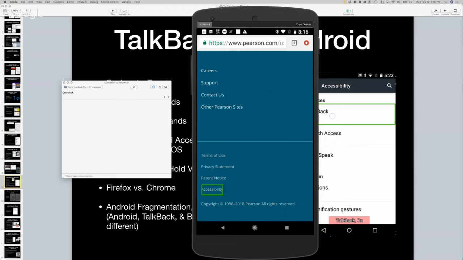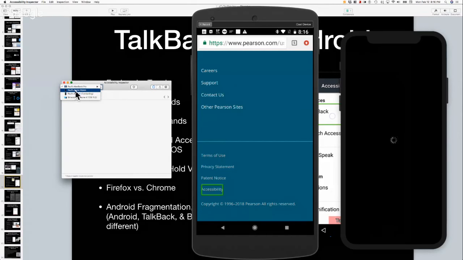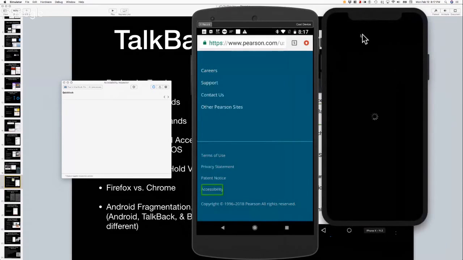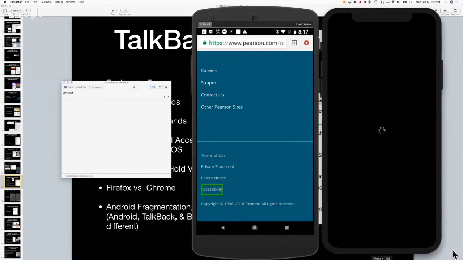And the accessibility inspector, you have to have Xcode on your Mac, but it also will do contrast testing too, with the color contrast. So it's kind of nice. And you can test, if you plug in your iPhone with a cable, other apps that you just download off the internet. But for some reason, my phone's not connecting. It only wants to connect to my iPad. But it will just run in the simulator too. So if you're a native developer, you can do accessibility testing in the simulator without needing to